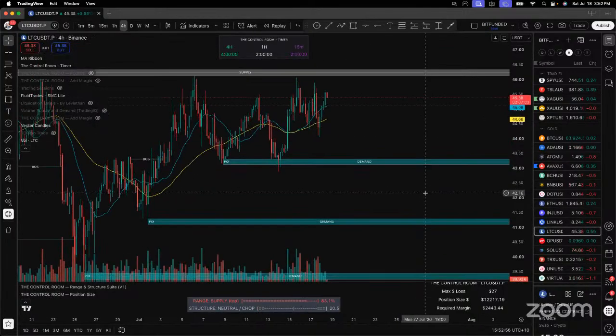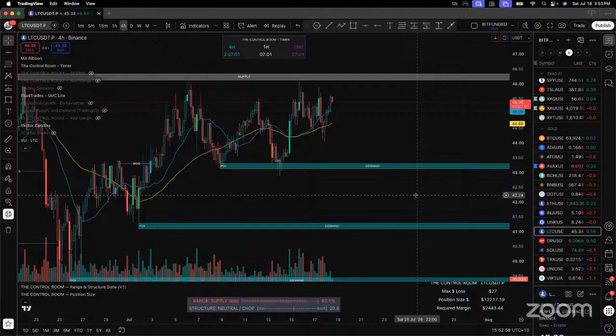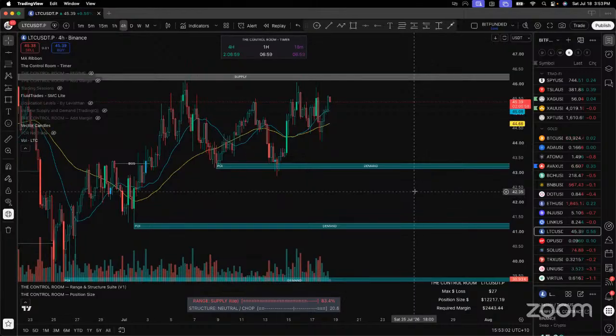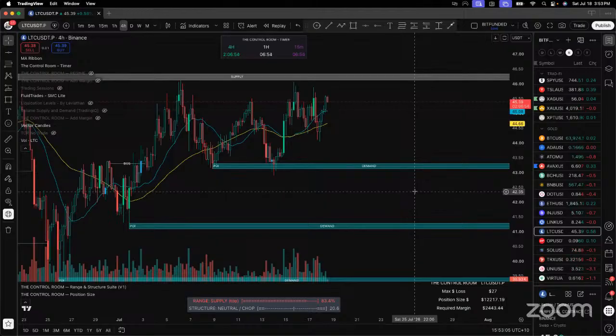What else? Litecoin hanging for an add-on for this. Oh, I made a horrible mistake last night, Alan. I went to add to a 5K margin position in BitFunded on Bitcoin, but I added to Litecoin, so it was the $30,000 Litecoin position. If I had left it running, it would have passed the challenge. But I closed 75% straight away, which left me with a pretty damn good sized trade, I must say, and it's still running. So I can't complain too much.